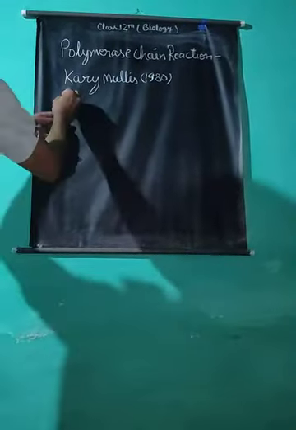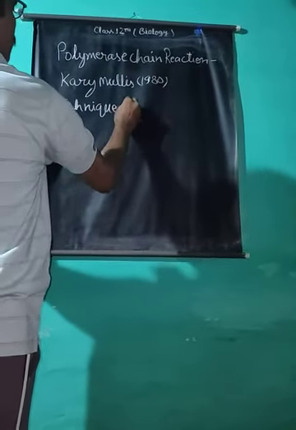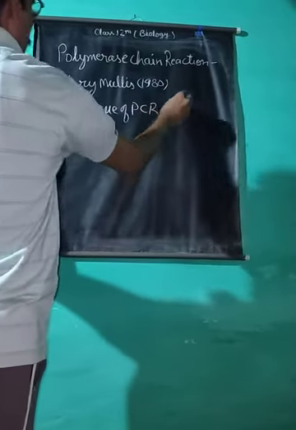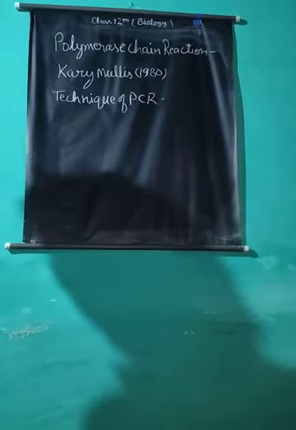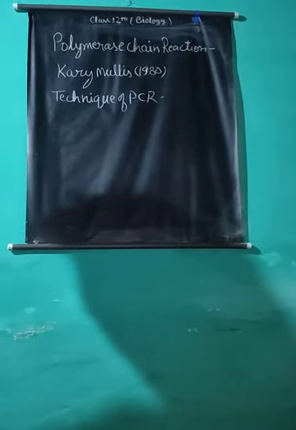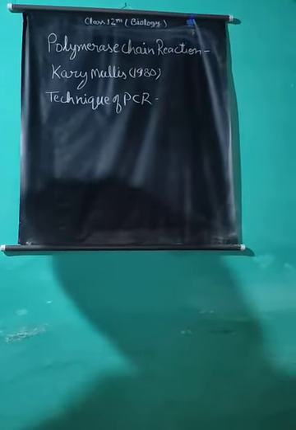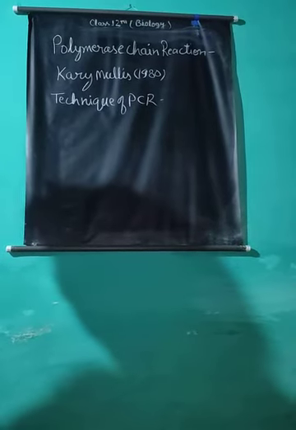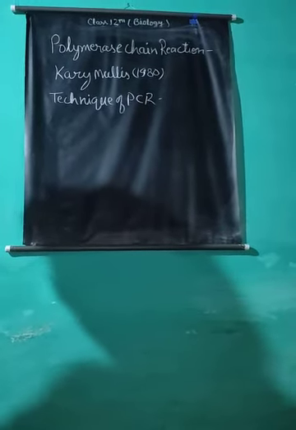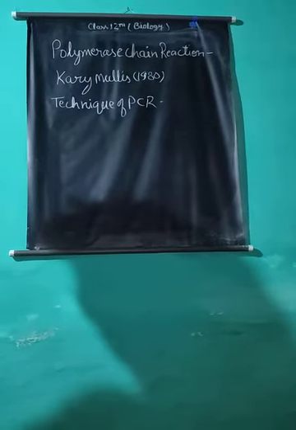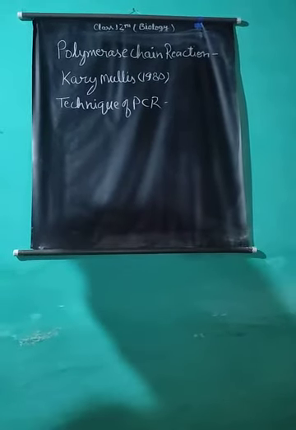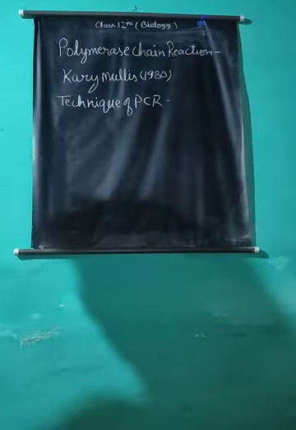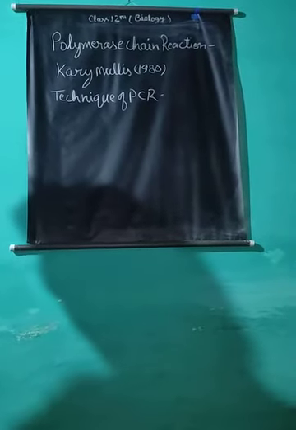Technique of PCR. Technique of polymerase chain reactions. PCR requires primers, Taq polymerase, target sequence of DNA sample, and four deoxyribonucleotides. PCR includes a number of cycles for amplifying DNA of interest in vitro in artificial medium. Each cycle has three steps. Step first, denaturation.